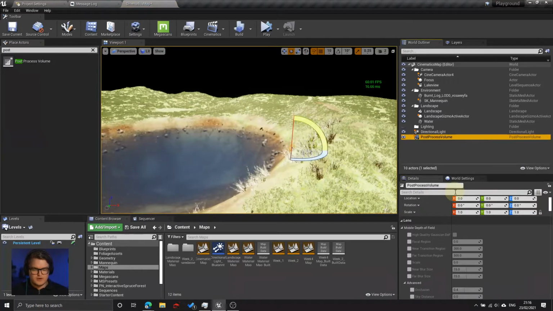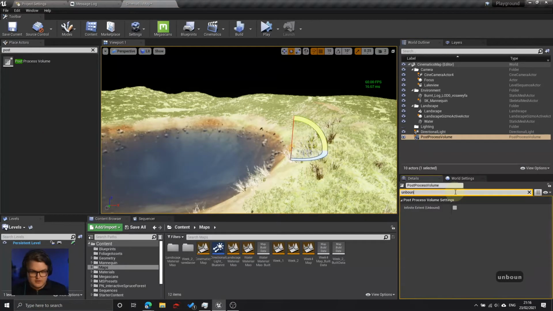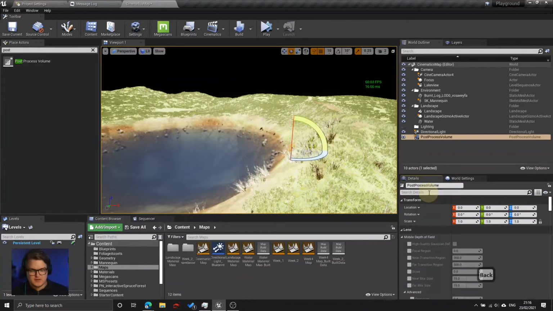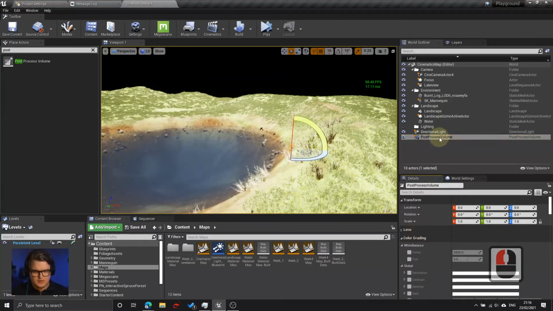But it doesn't matter where it is, because the next thing that I'm going to do is type either unbounded or extent, one of these three words into the search bar in the details panel, and check unbound. And that means that no matter where our camera is in the scene, the effects of this post-processing volume will apply. So we're going to use this to apply the general effects and settings for our scene, which means that